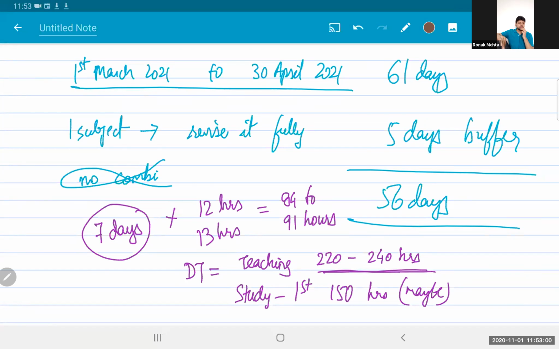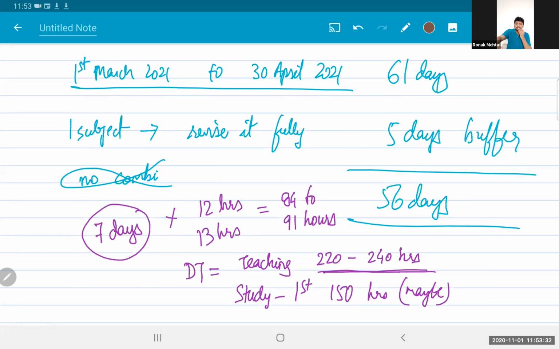Now, from the knowledge that I have about the elective papers and the discussion that I've had with students, capital markets is a theory paper and it has very little overlapping with SFM. But your economic laws paper is also a theory paper and it has more overlapping with the subject of law. Then if someone is strong in theory, it would be advisable to go for economic laws because then it reduces your study time for that elective paper.